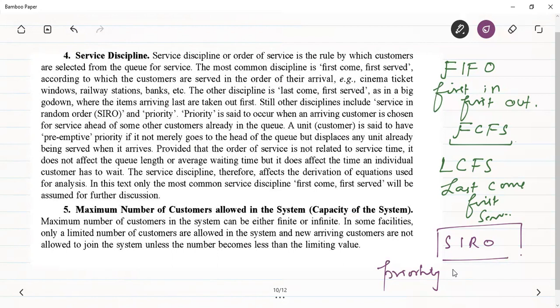So अगर हम प्रायोरिटी की बात की जाए, obviously the person which is requiring a tablet for a simple headache is not that much of importance as compared to the one which has come to take the medicine of aspirin. तो वहाँ पे हम क्या करते हैं, एक प्रायोरिटी ट्रीटमेंट देते हैं. ठीक है. So this is regarding the service discipline. So you can have first in first out, you can have last come first in, you can service in the random order, or you can have the priority based service.